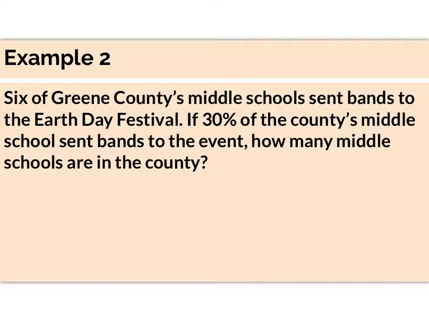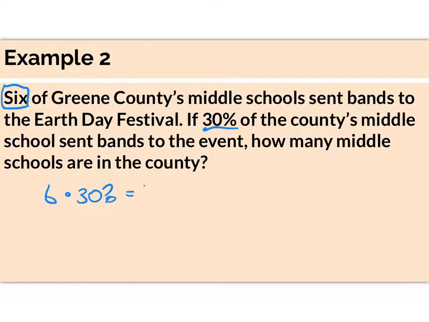Let's look at our next example. Taking out the middle: 30% of the county's middle schools sent bands to the event. How many middle schools are in the county? We're looking for our other numbers, but our first number is 6. So we want 30% of 6, 6 times 30%